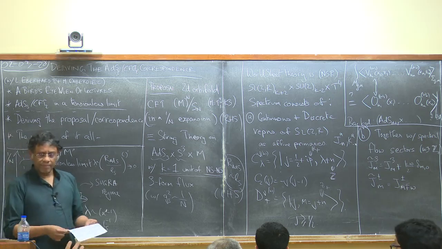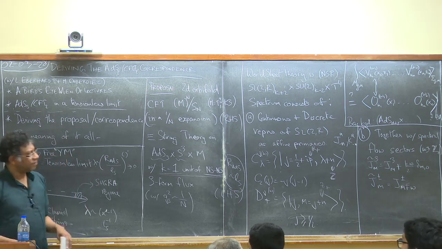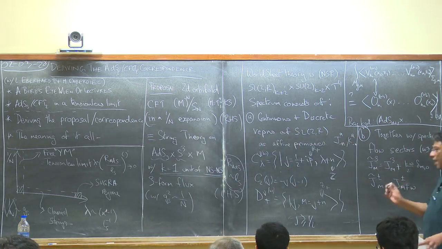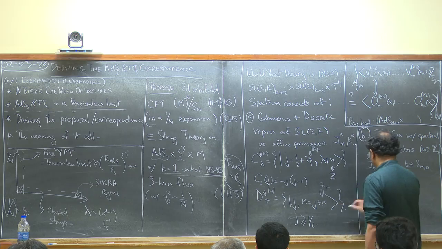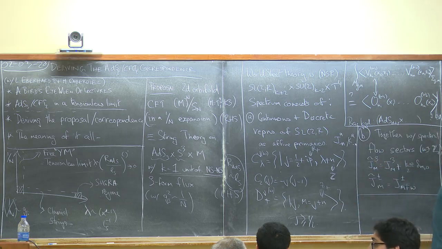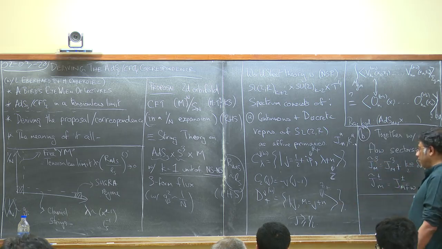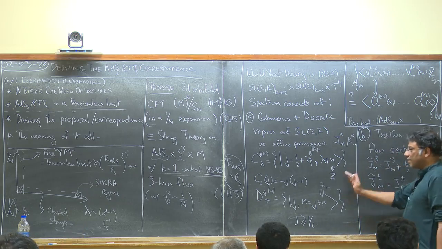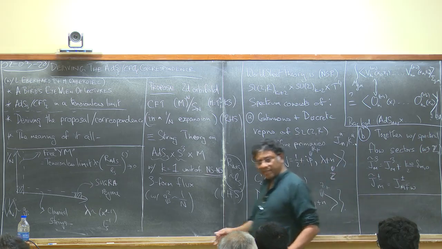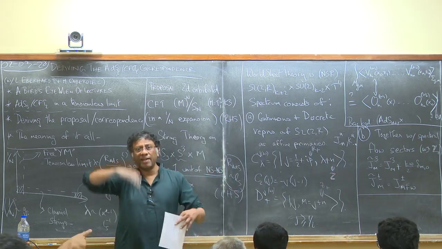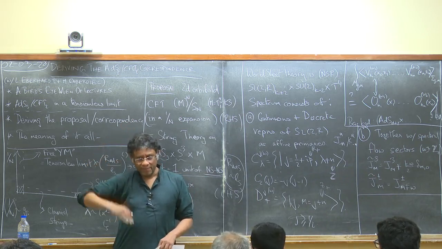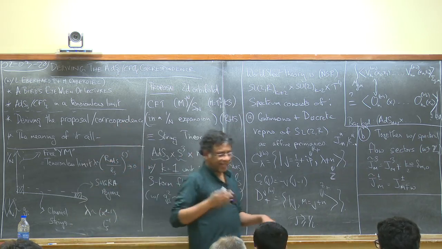So we can think of the spectral flow as just a convenient way of getting new representations. This is at the level of the current algebra, but it turns out that this is the space of representations you need to work with to generate what is called a no-ghost spectrum. You want a spectrum of physical states which is